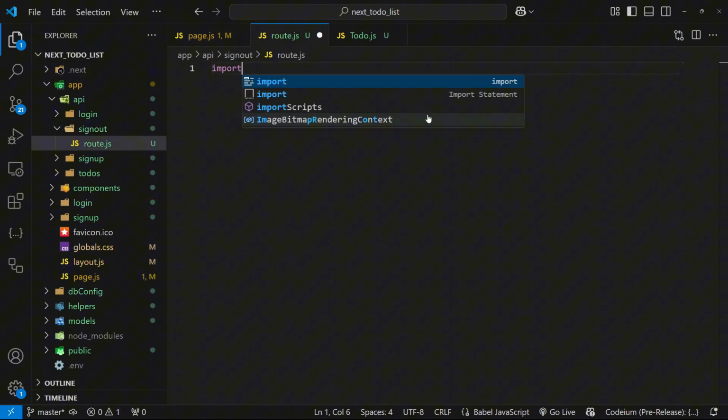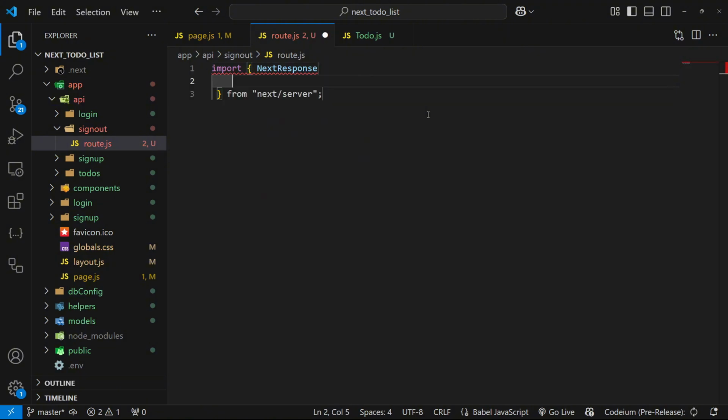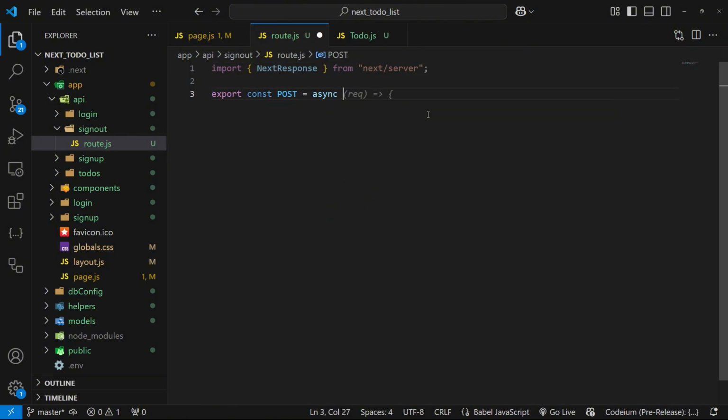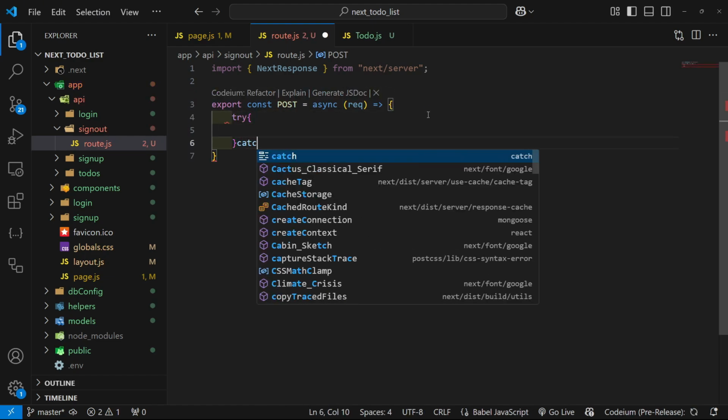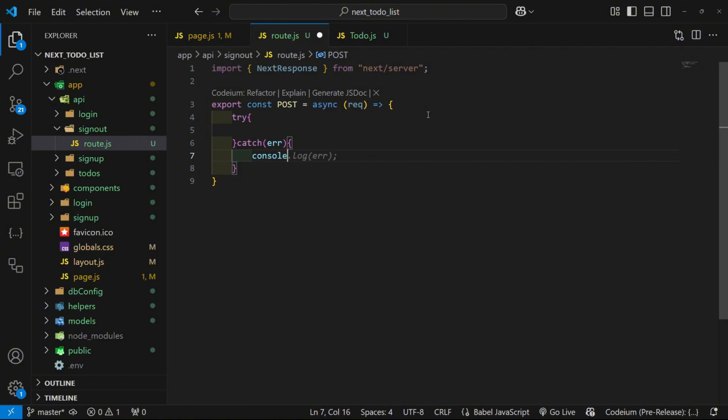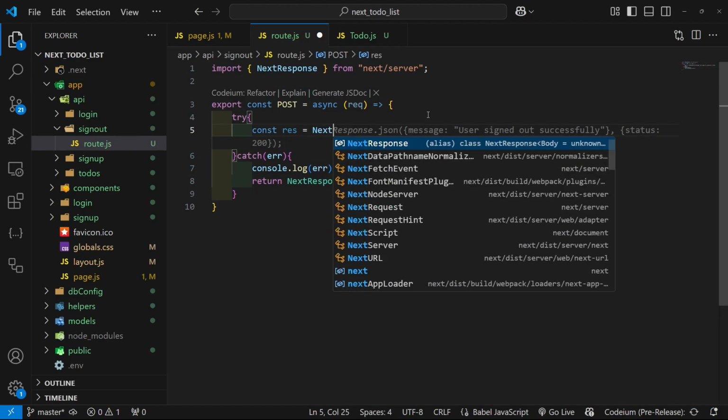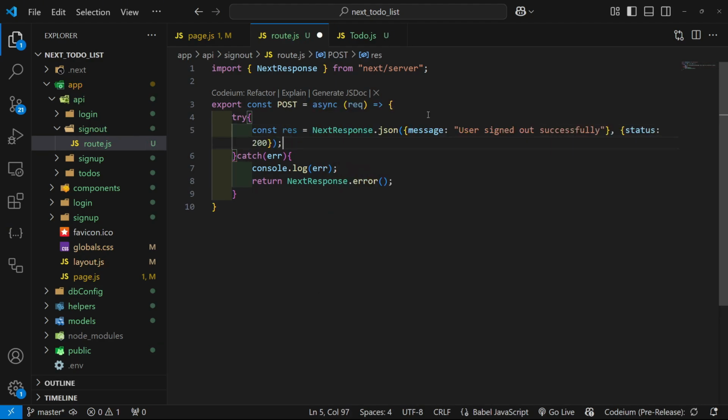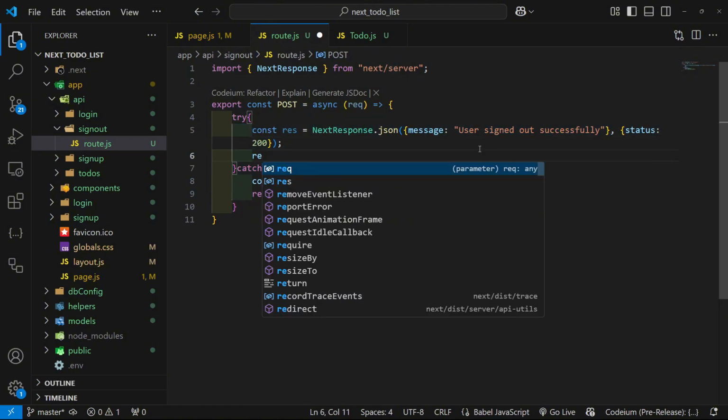And there's not going to be much stuff, so we can just import NextResponse, and then of course export const POST, which will be an async function. And we're going to be getting the request, and then we're going to run try and catch, get the error, console log the error, and then return NextResponse.error. Else, we're just going to create a response variable, which would be NextResponse.json with a message of user signed out successfully, status of 200,